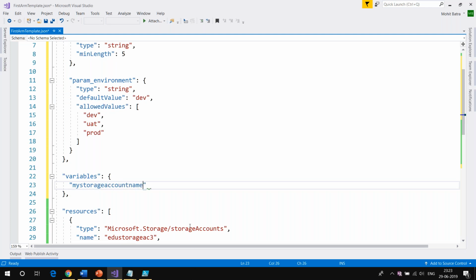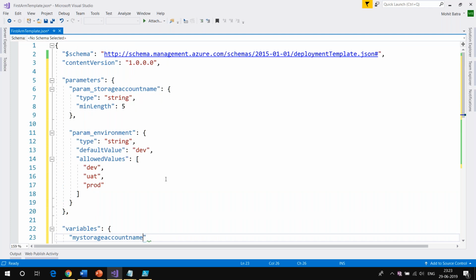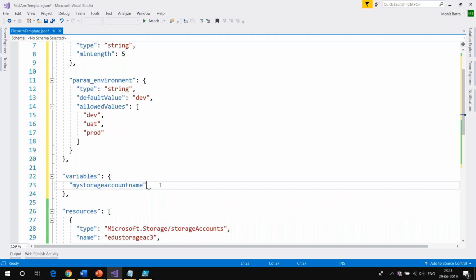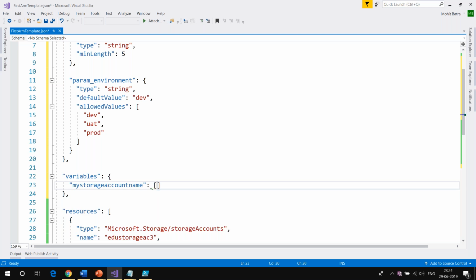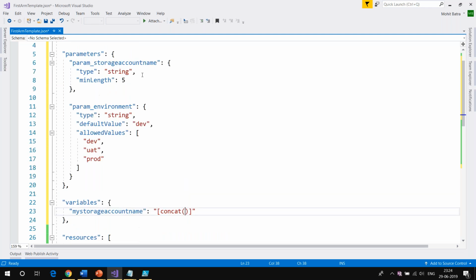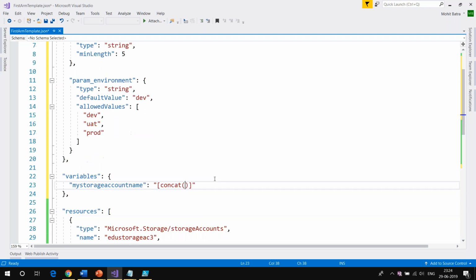The first name was the parameter storage account name. This is my storage account name. In the values, I can concat both of them. I want to concatenate the value of the first parameter and the second parameter.